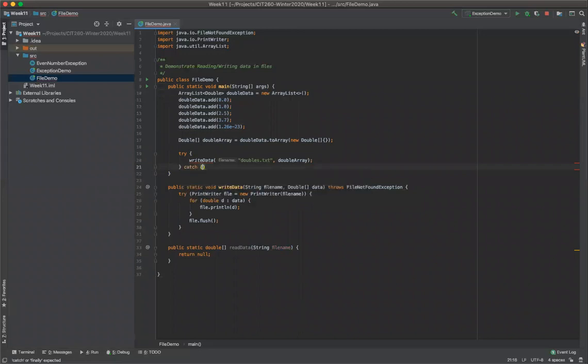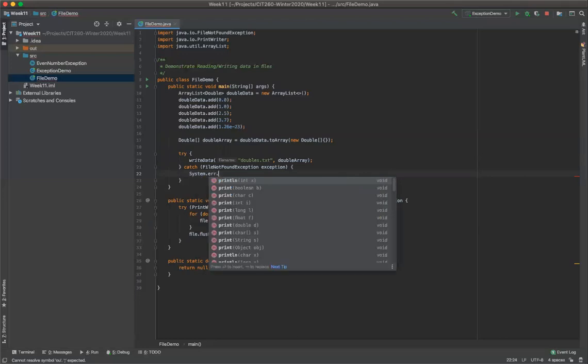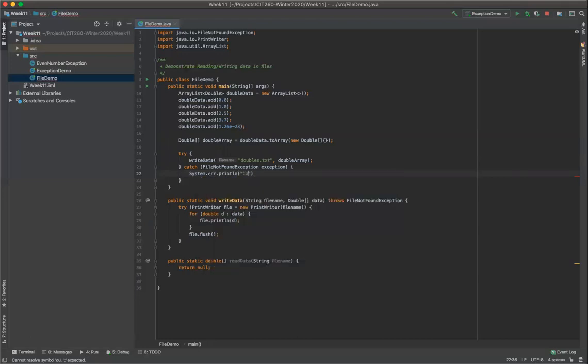Try catch, FileNotFoundException. How do we know that FileNotFoundException is what we have to catch? Because the method we're calling throws it, so we know by name what it is. And then we can simply say System.err. We've decided that the appropriate action for this exception is just to tell the user: couldn't find